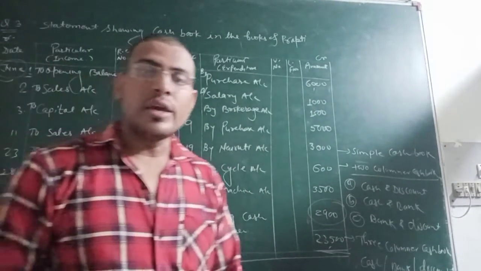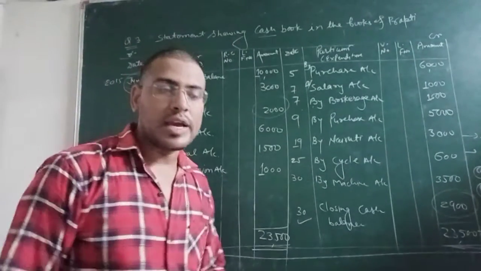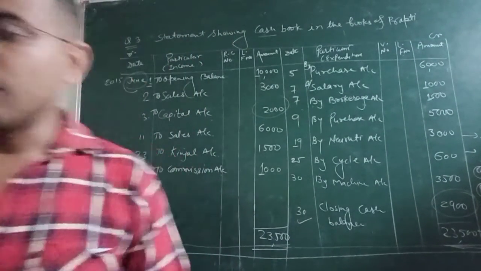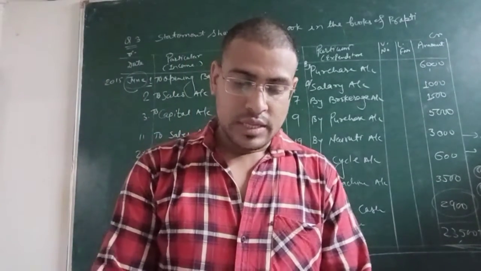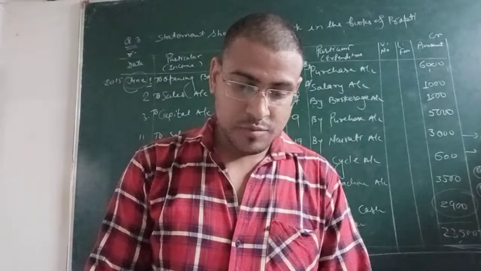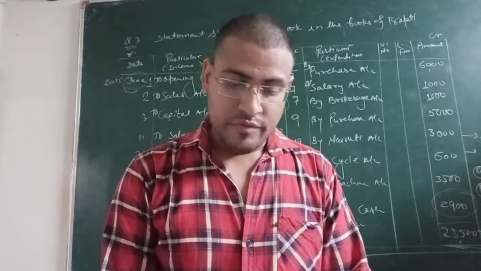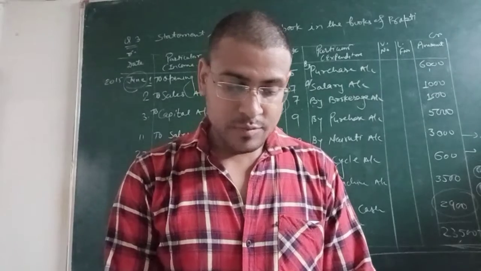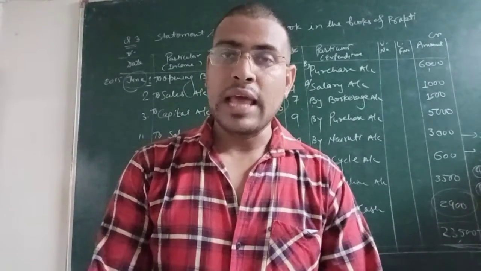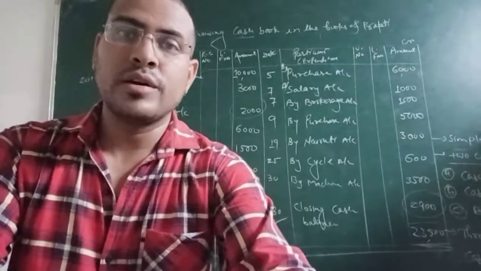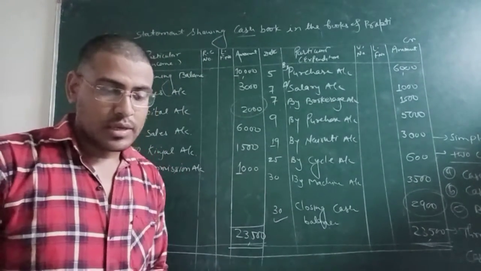So today basically we are going to start with the very first method, simple cash book. Open your book and start with question number 3 that you have been given in cash book. We have prepared here a simple cash book question. Question number 3 will be explained to you over here. Open your book and see question number 3.